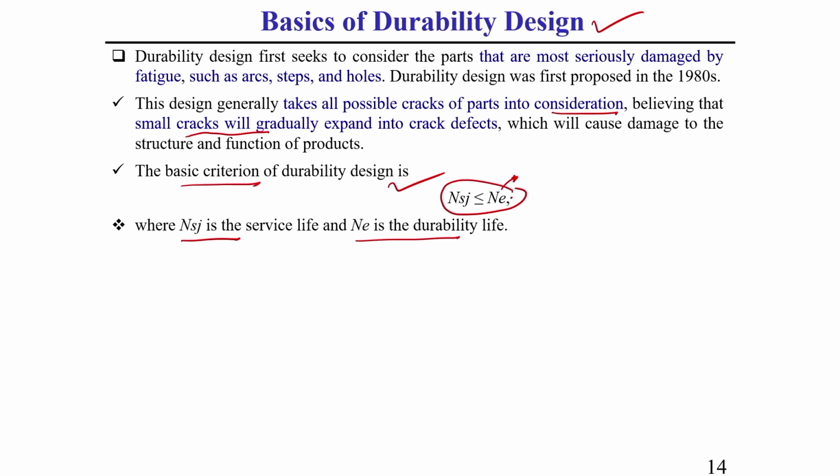In damage tolerance design, we generally consider initially a critical size of initial crack length, and we control this crack length not to expand. We estimate the rest of the life of that structural component or structural part, and based on this, life estimation is generally done in the damage tolerance method.